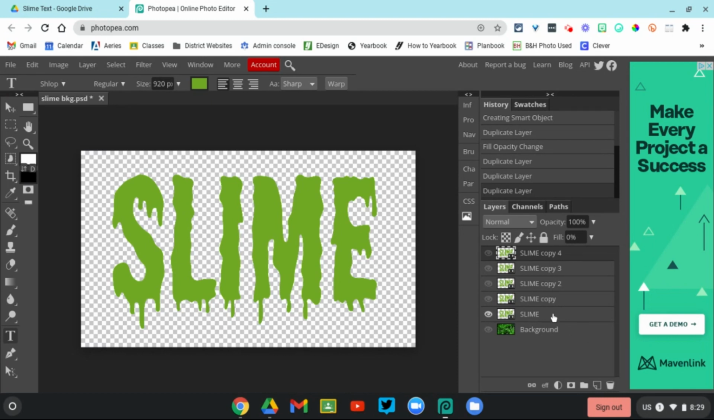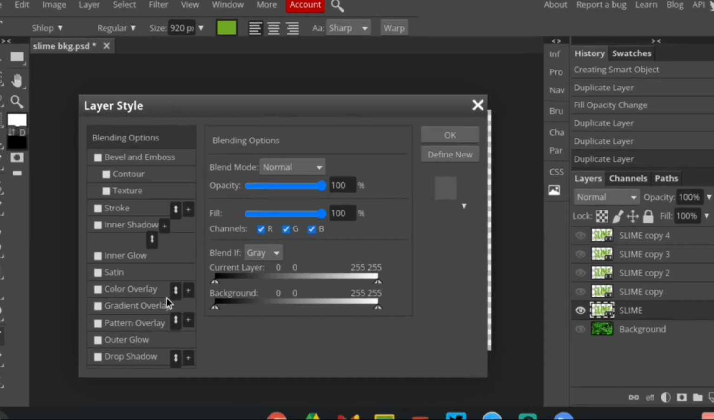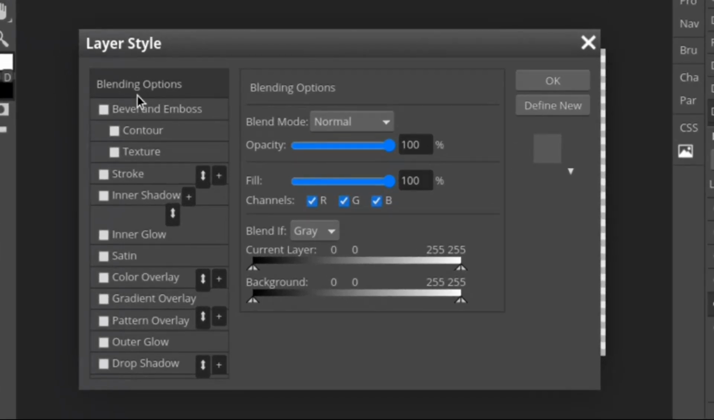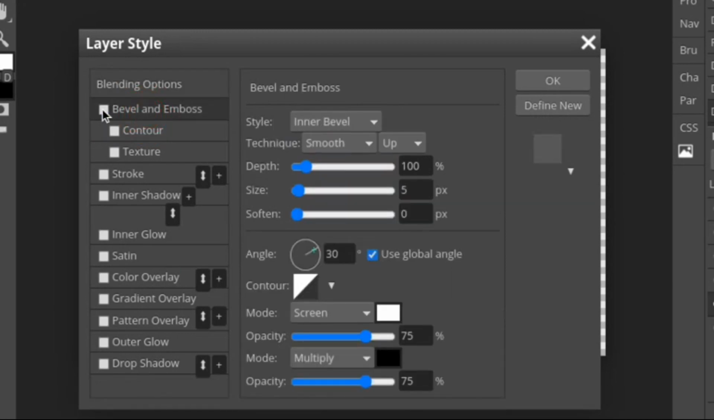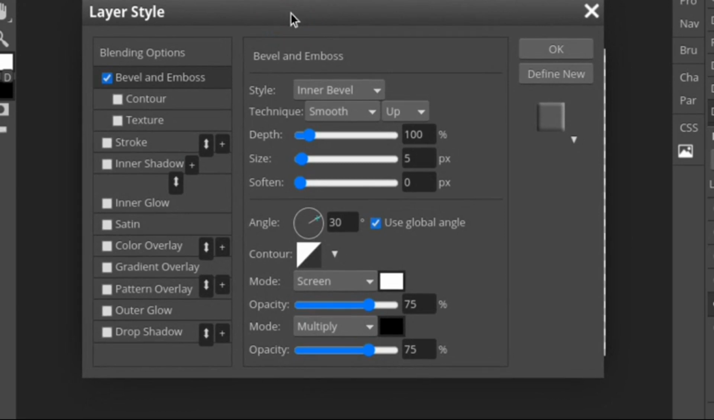Working with my original copy, I'm going to double click on it so that it brings up my layer style menu. Clicking bevel and emboss. I click on bevel and emboss. And I'm going to make a bunch of changes. So when I'm done making the changes on mine, it's a good time to pause yours while you go do your changes. So I'm going, first of all,